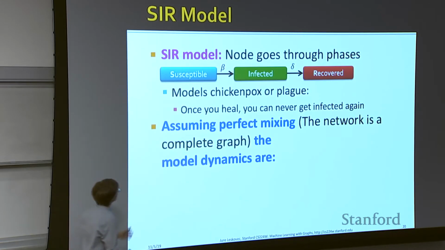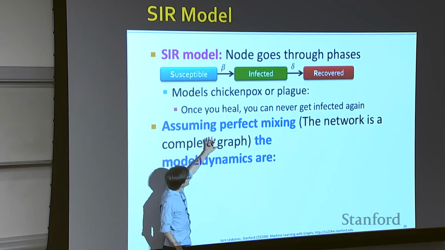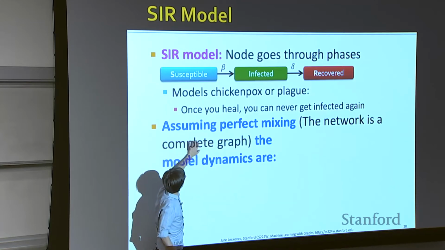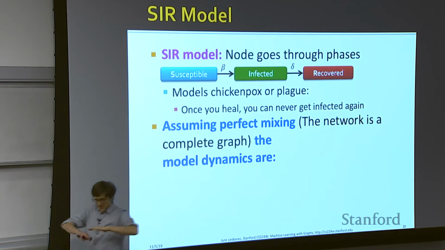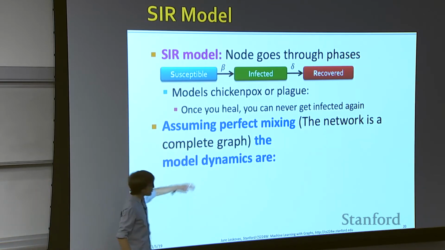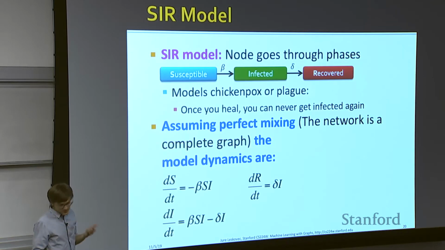That's the idea. So these are the models people work with, and generally they assume what is called perfect mixing, which essentially means that the network is a complete graph, or the network is a random graph. And then what you can do is you can write out the dynamics of this model in terms of differential